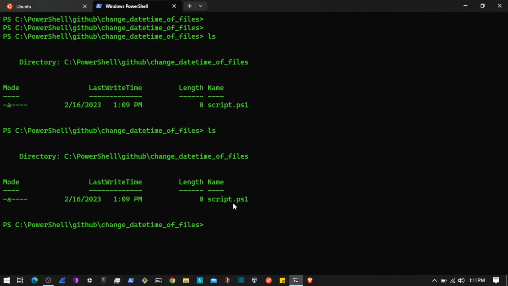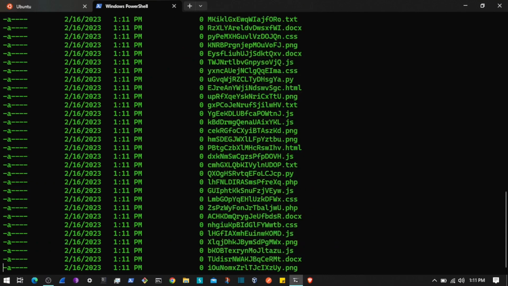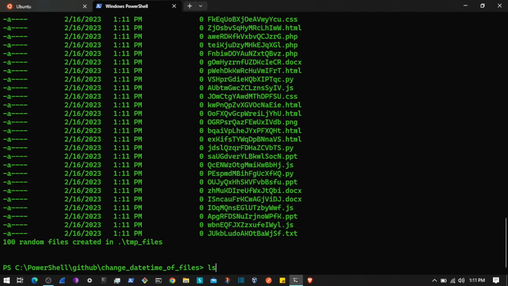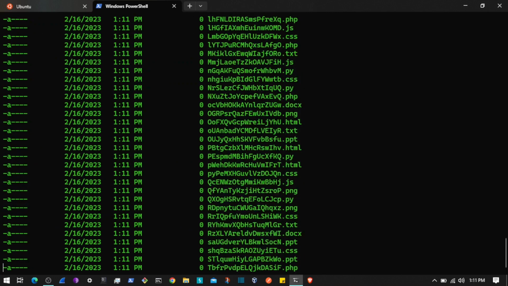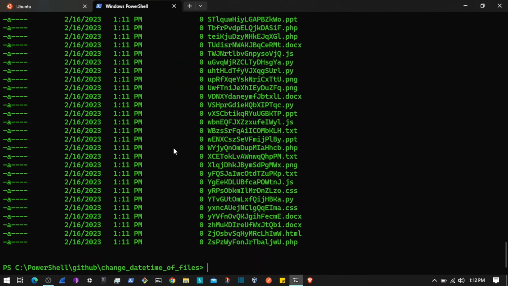For testing or demonstrating the script, I will create some random files using the script that we created before this. That is in the generate random files directory, and I will pass the script.ps1. This is going to generate 100 random files in the current directory. And now here we have the temp files directory, and inside that we have the 100 random files with random